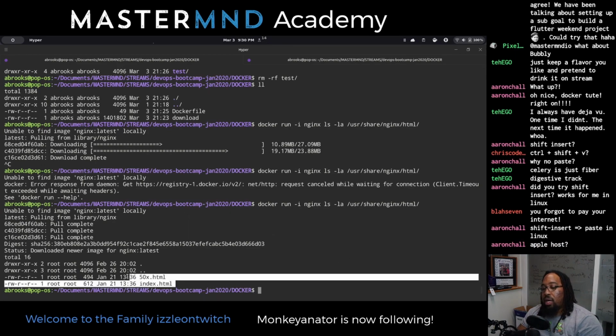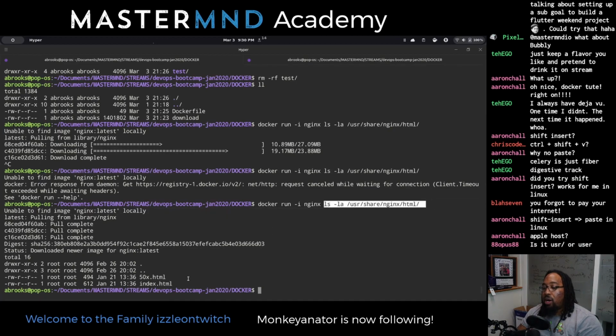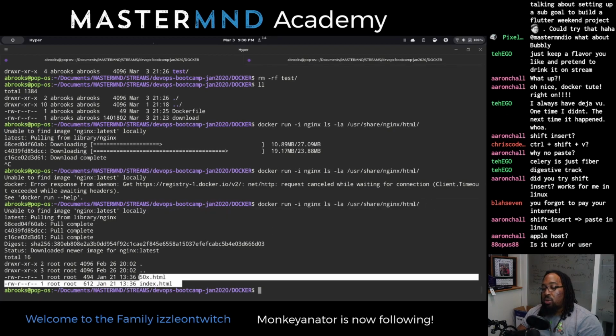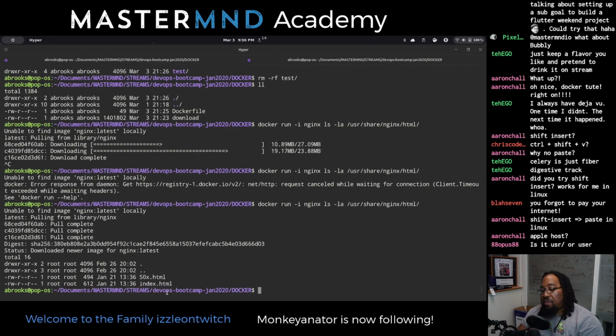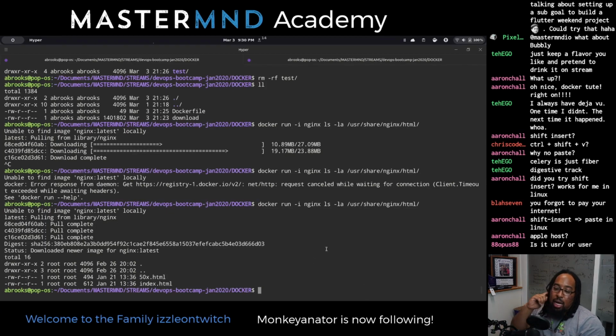So check this out. It ran the ls -la so I could see what's in this folder. We have the default nginx HTML and this 500 error HTML. No big deal. We don't want those to be there, so we're gonna remove them. We're just practicing commands. We want to remove these files, and then put our files where these files are, so that it knows what to do.